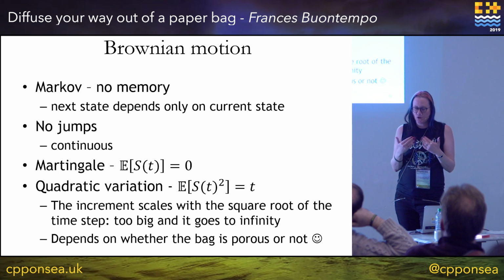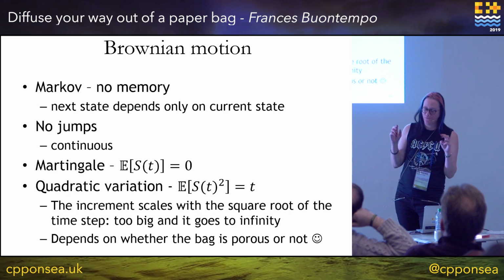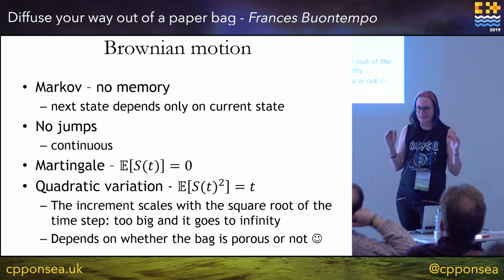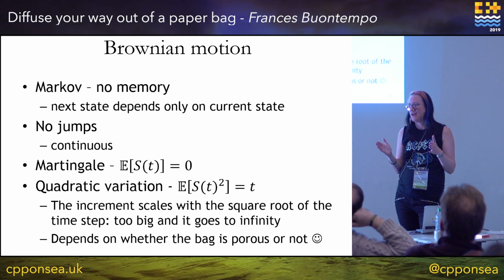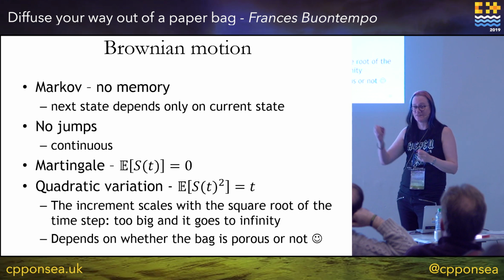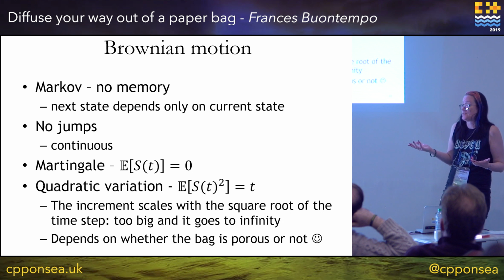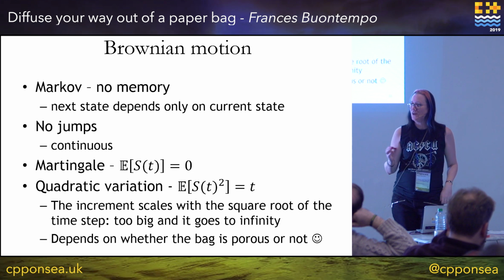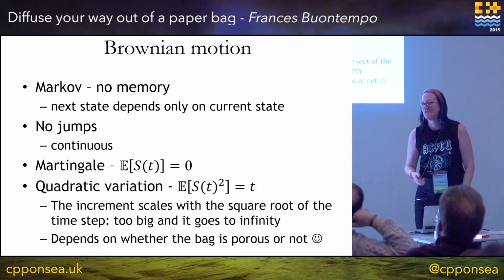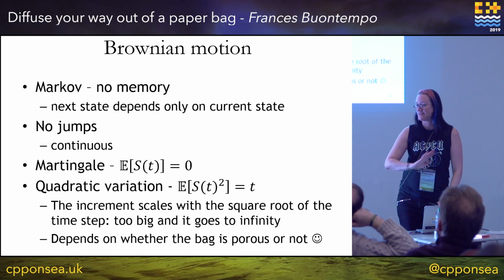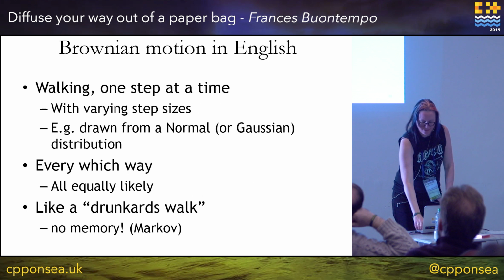You need to tie the variance of the step sizes to the time step. Basically, if you don't make it big enough, everything will stay bunched up and it won't diffuse and spread out. If you make it too big, things will zoom off instead of diffuse. I mean, if you want to code your way out of a paper bag, then zooming off is fine as well, but we're going to do the Brownian motion diffusion. And this just involves bolting the right parameter into our random number generator, and it'll just work.